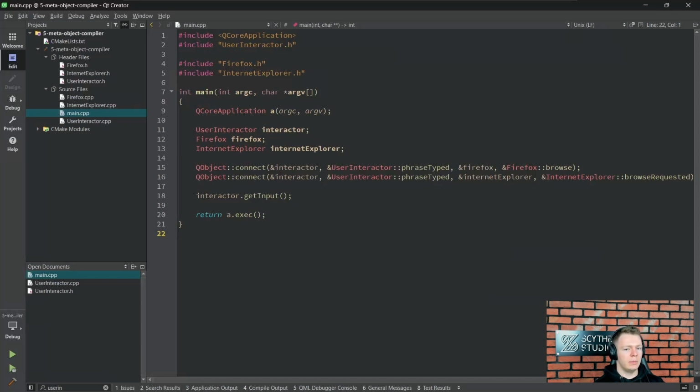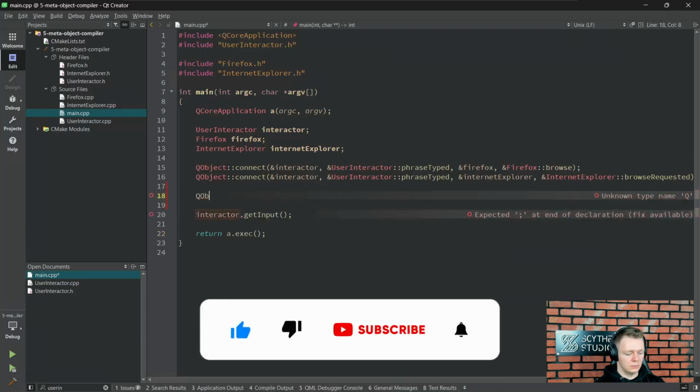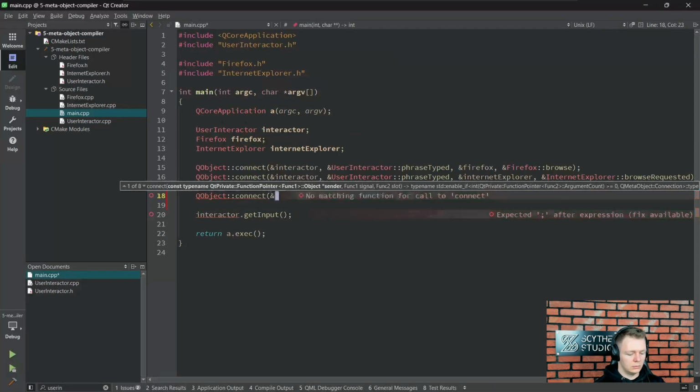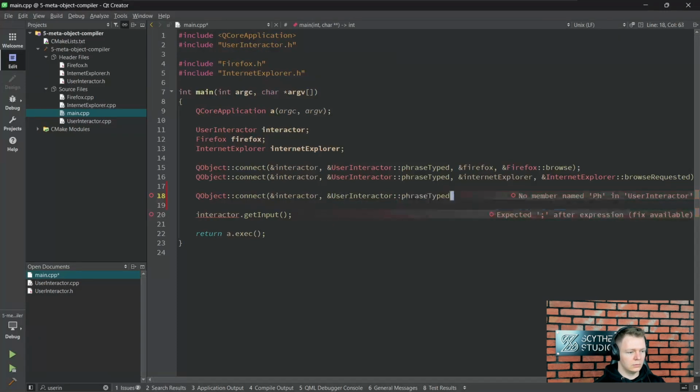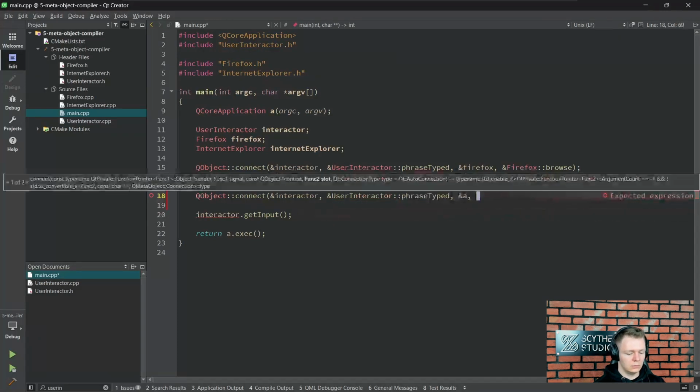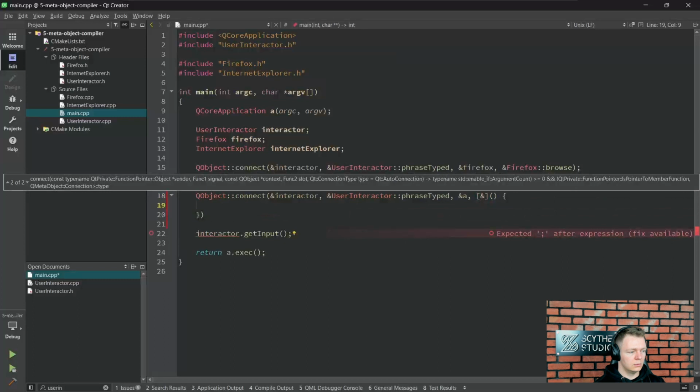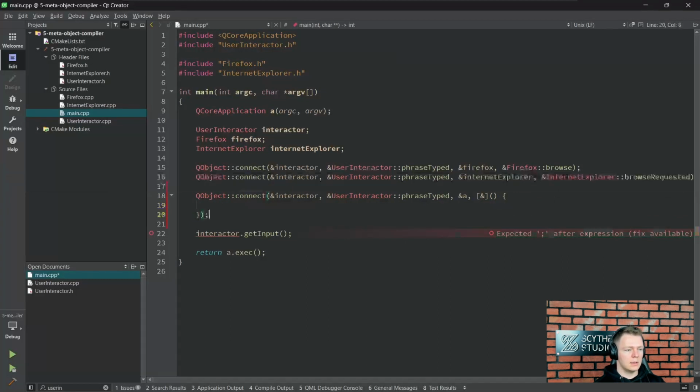To do this, we will implement another simple connection here that will react to the phraseTyped signal. As a slot, we will use a lambda function, and inside,